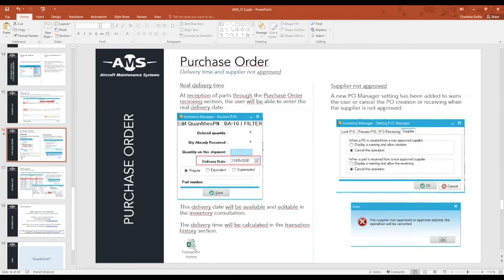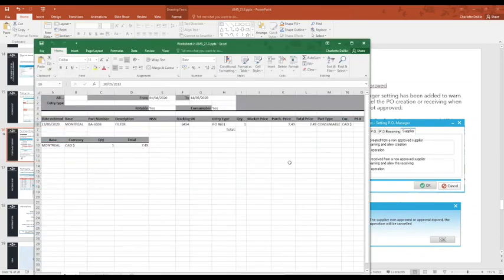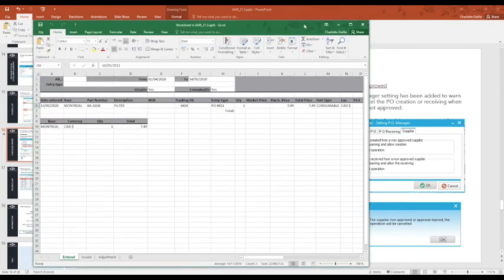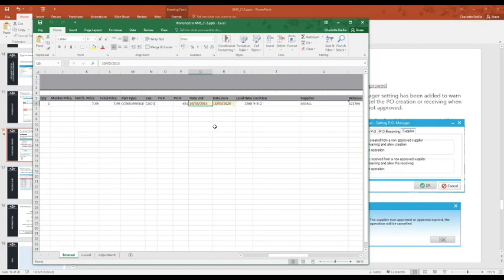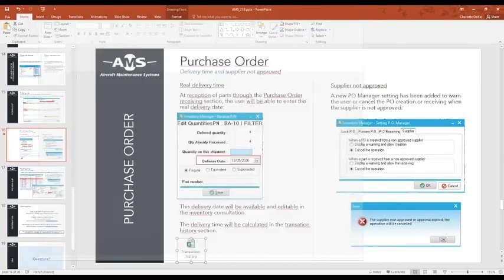And you will be able to go in to have the information of the delivery time inside the transaction history, where you will have the date ordering, the date receiving, and the lead time. So you will be able to see here how many days it took to receive what you order. So date order, date received, and lead time. This is for now only applicable for the purchase order.